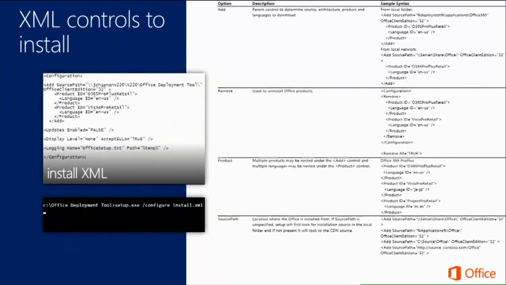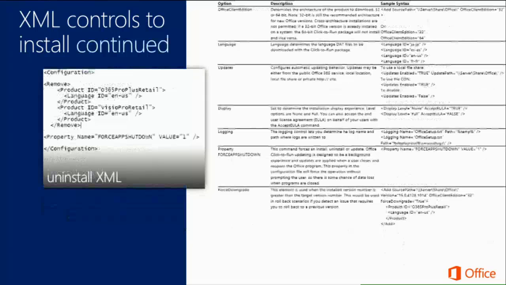For the install commands, some of the same ones, except, again, the source path is where you're installing from as opposed to where you're downloading to. And then more stuff that you can do. If you want to force a downgrade, so this will happen, let's say I've got auto-updating turned on. Somebody calls the help desk and says, hey, yesterday's build of Office worked just fine, but today's doesn't. What do I do? In that case, I send out a package that says, okay, let's downgrade him to yesterday's